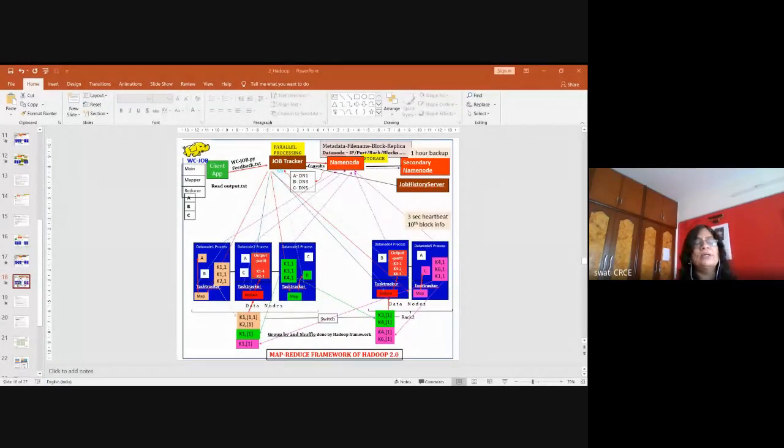About MapReduce, MapReduce is a very important topic. In the exam, there are always questions on MapReduce, at least one or two questions dedicatedly on MapReduce, where you have to write the algorithm and explain how it is working. So I can say that approximately 20 marks of the syllabus is on MapReduce.